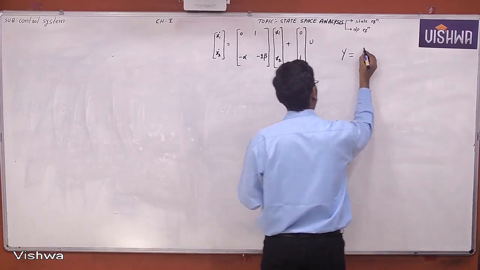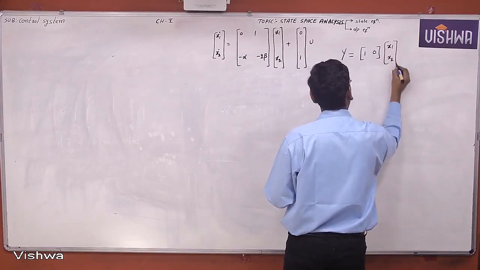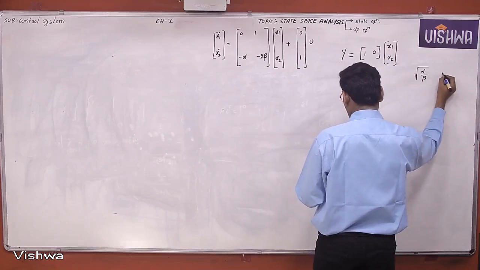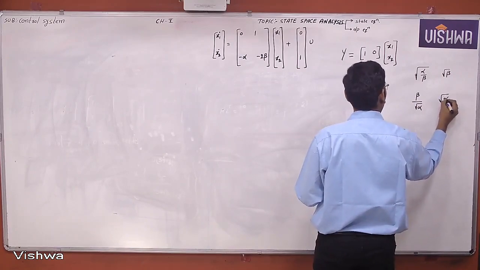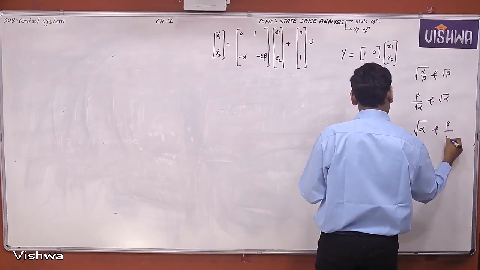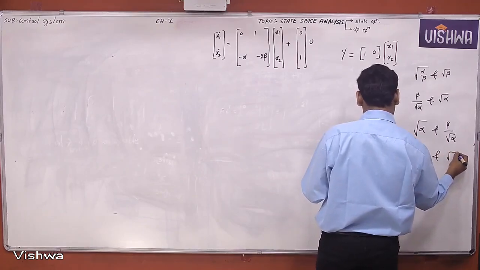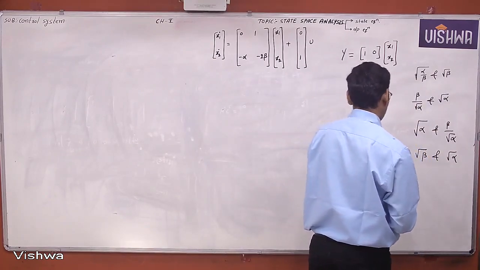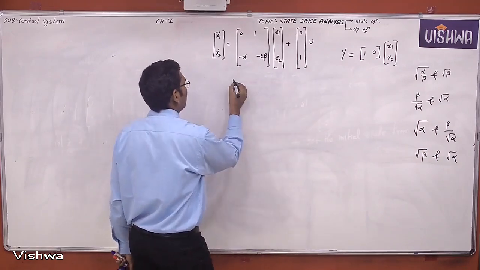Now y is [1, 0] times [x1, x2]. This is the state space model which is given to you, and what he is asking is to determine